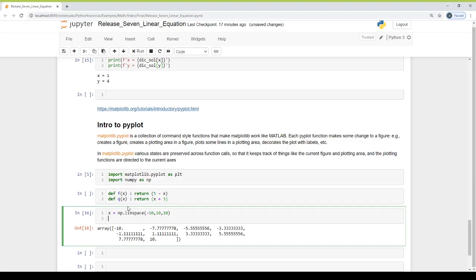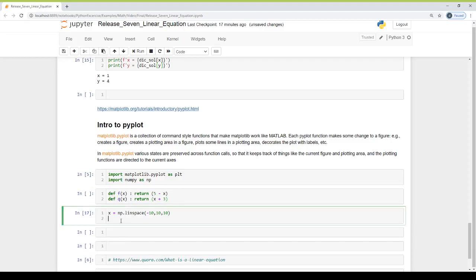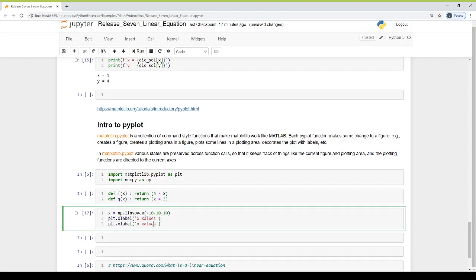We pass the value of x to these functions to get the value of y, and then we will draw our graph. Our graph x-axis label is x label. First clear this. For x label we have plt dot xlabel, x values, and y-axis label, y values.